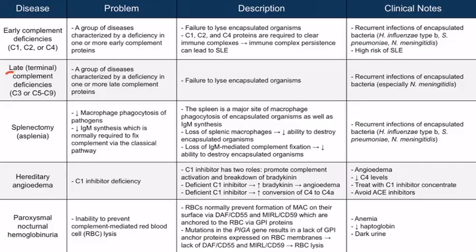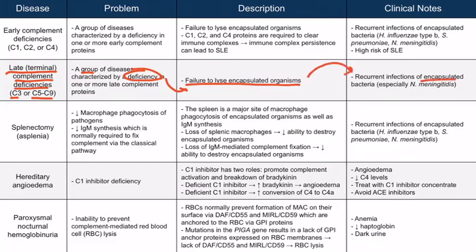Now let's dive into late or terminal complement deficiencies. These can take the form of a C3 deficiency or any of the proteins from C5 to C9. So we can call this a group or category of diseases, just like early complement deficiencies. But the point is that there's a deficiency somewhere. And this leads to a failure to lyse encapsulated organisms,